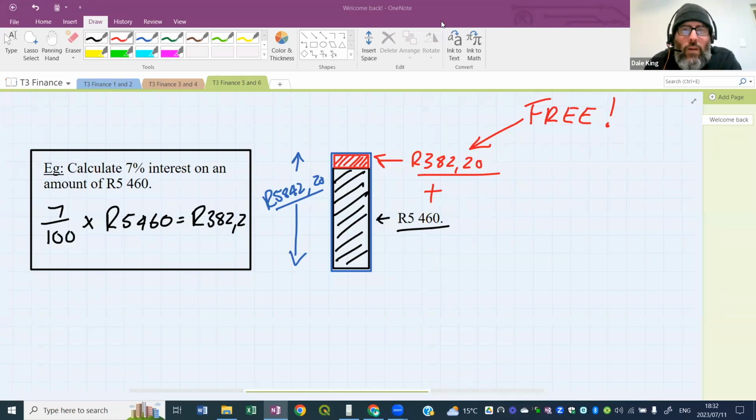When I said 7 over, yes, you've done that first pass, right. Then you said the second part was 382,2 plus. You mustn't add 382,2 to 382,2 again. You must add 382,2 to the original 5,460. So you say 382,2 plus 5,460. Yes. Okay, and then you'll get the right answer, which is 5,842.